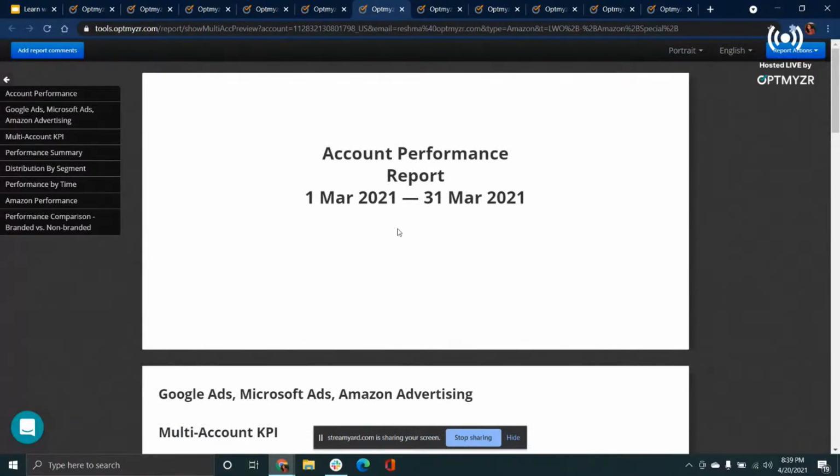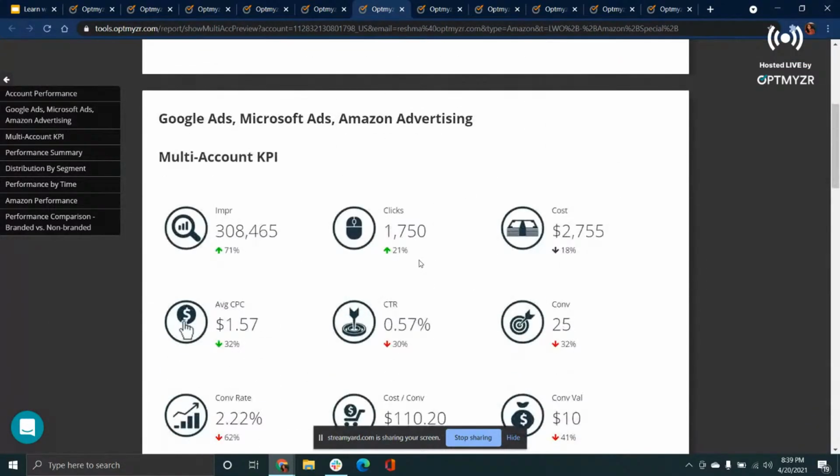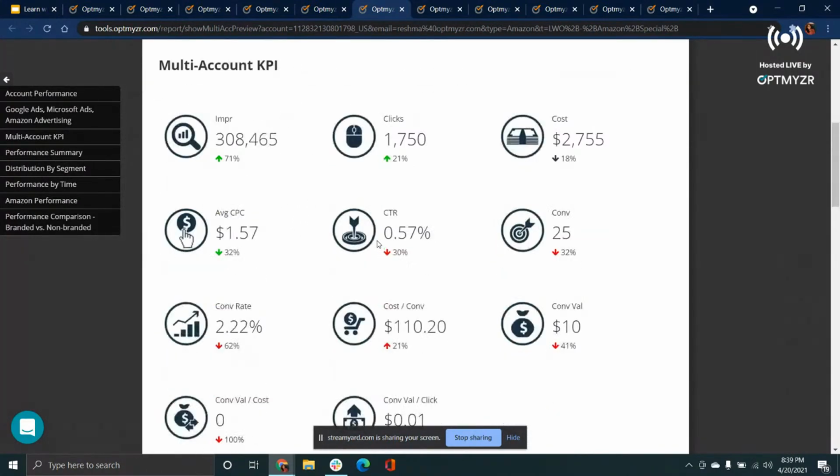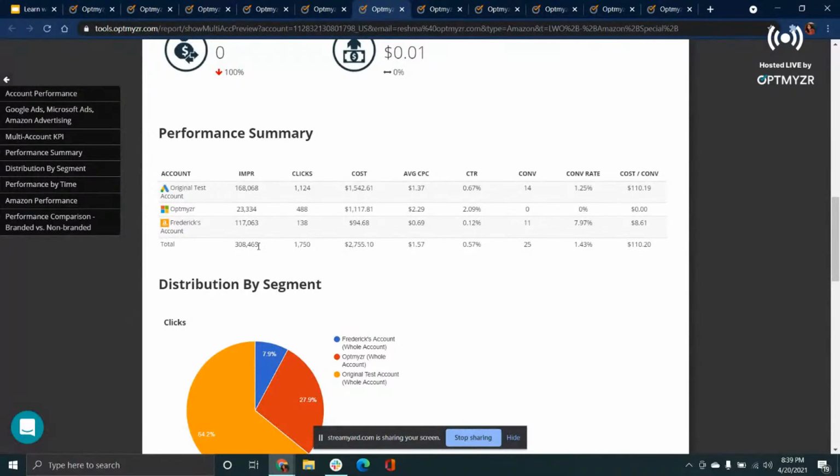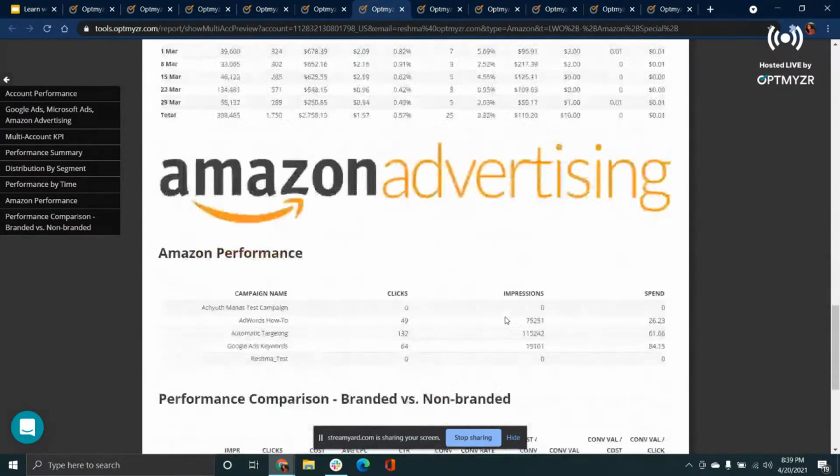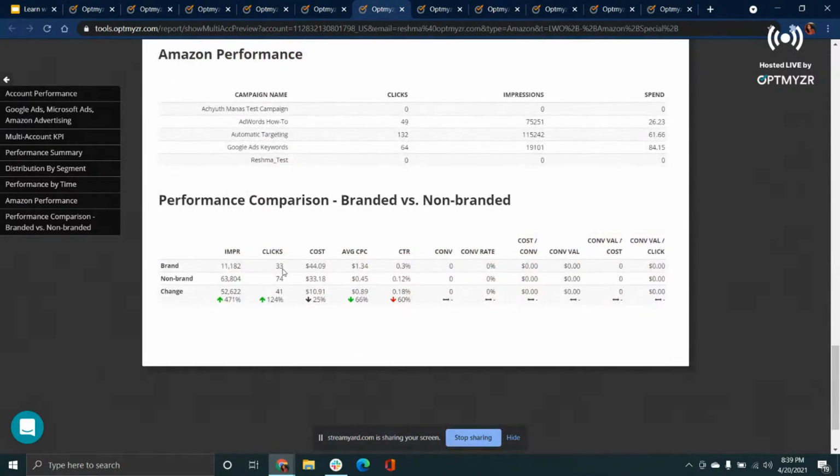I've just pulled it up for the last month. And these are the multi-account KPIs for the accounts that I've selected, and a further summary for impressions, clicks, and so on. Coming further down, I'm comparing my brand and non-brand campaigns within the Amazon account that I've selected.